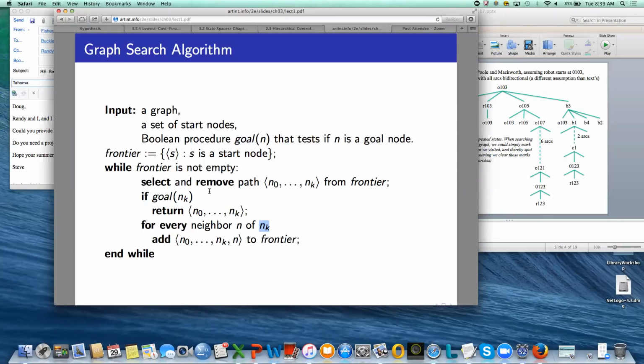You notice something here that may seem strange, but it's nonetheless somewhat important. Notice when we check to see whether NK is a goal or not. We check to see whether NK is a goal when we take it off the frontier. We don't check to see whether N is a goal before putting it on the frontier. And that turns out to be important if we want to make certain guarantees about the optimality of what it